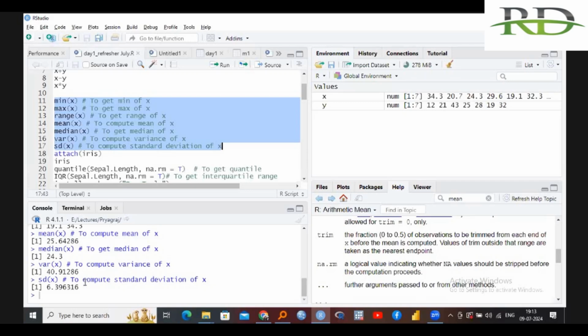Number 2, we will be using some inbuilt data sets of R. Now, any software or any programming language, if we do statistical analysis on that software, there are a lot of inbuilt data sets that are present in the software. Just like in R, there are a lot of inbuilt data sets. तो एक डेटा सेट है आइरिस, जो कि आर में प्रेजेंट होता है, and which is a very very popular